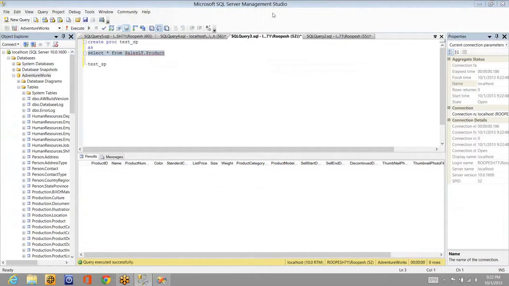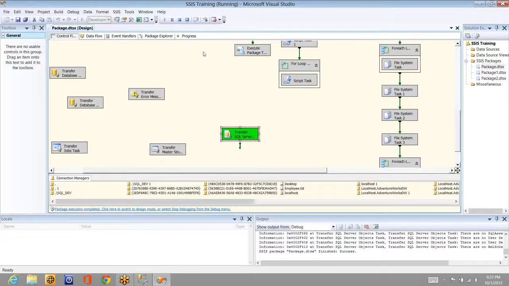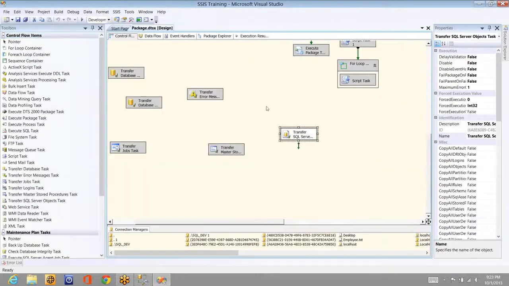You can see here in the server, in the AdventureWorks database, that is what we set as the data destination, right? So the SalesLT.Product table is copied or moved, I can say. SalesLT is the schema, whatever we have taken, and Product is the table name, right? And if you want to move the data, I said don't move the data, right?